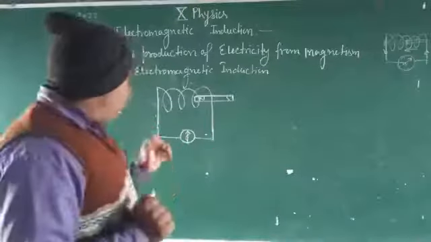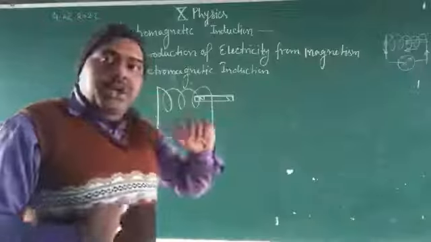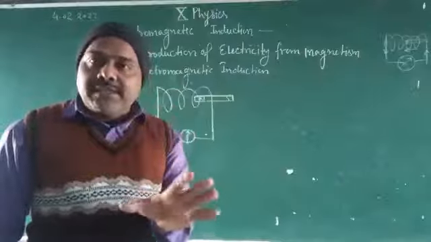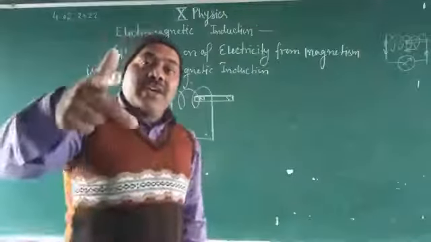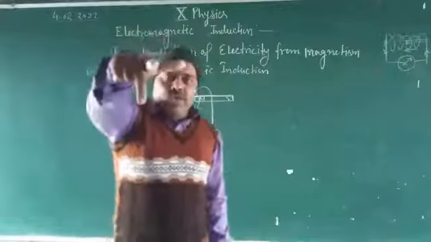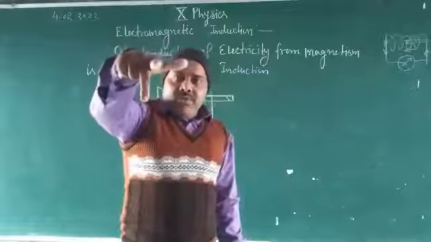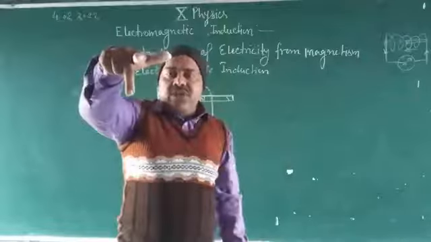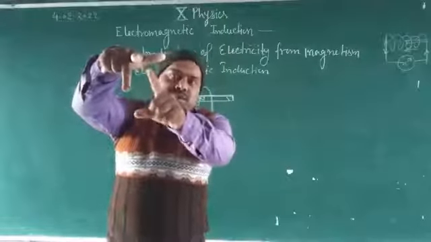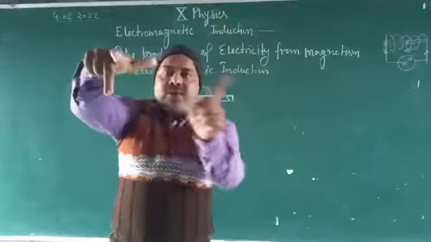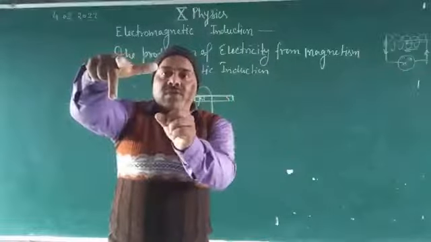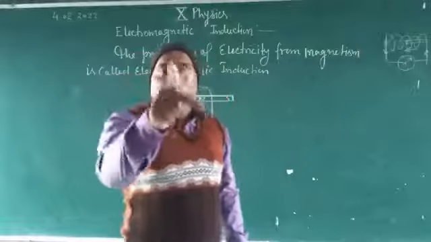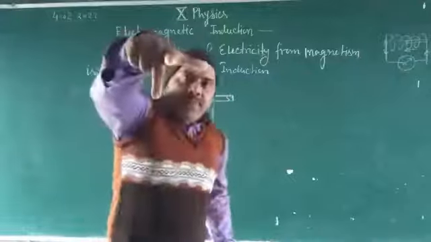The current produced due to the change in magnetic field lines of force is called induced current, and we can find the direction of induced current with the help of Fleming's right hand rule. In Fleming's right hand rule, we stretch three fingers of the right hand so they are mutually perpendicular to each other. The forefinger indicates the direction of magnetic field, and the thumb indicates the direction of force. Then our central finger gives us the direction of induced current. This is the Fleming's right hand rule.